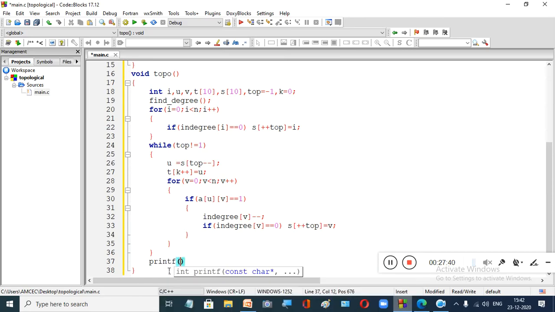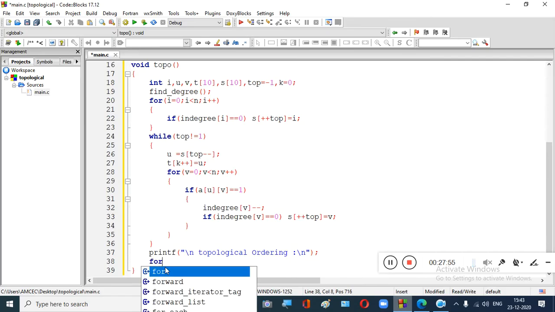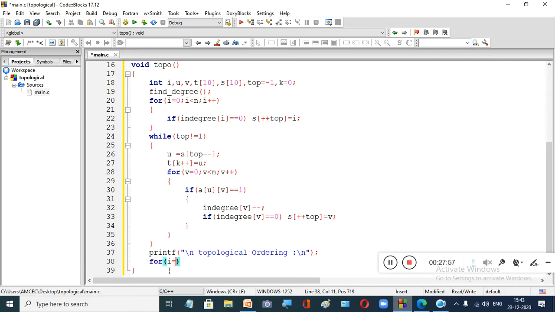So we will say here printf slash n, topological ordering, right? So you have to print that single dimensional array. So we will use a for loop. For I equal to 0, I is less than n, and I plus plus, right?